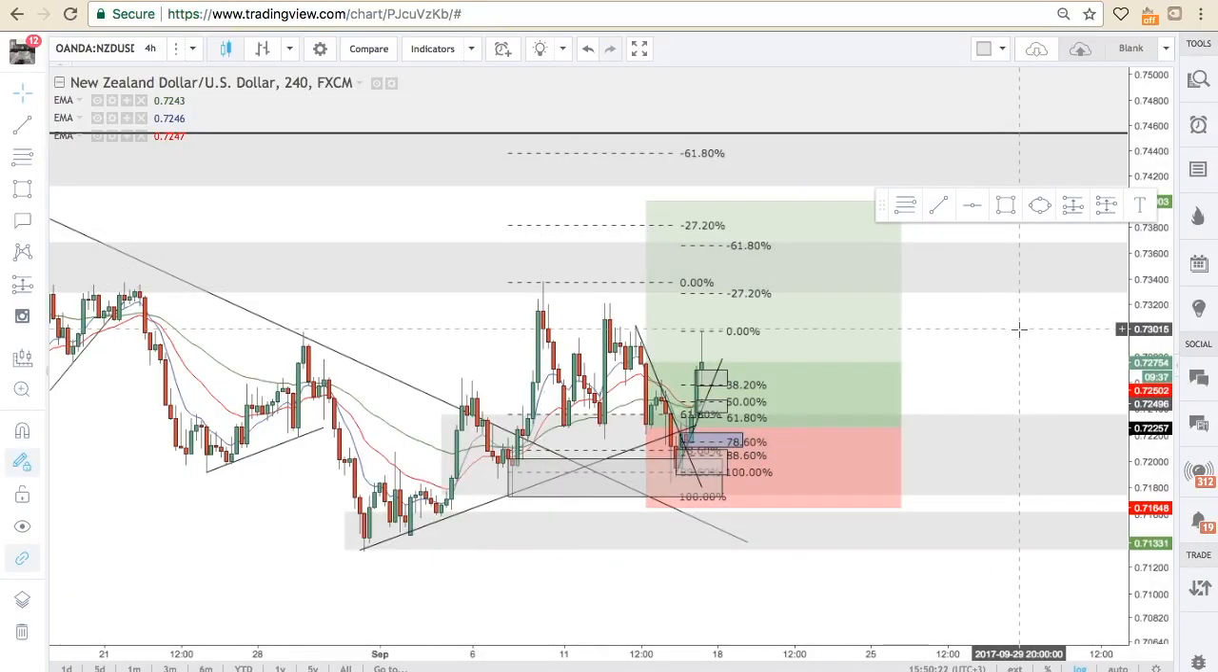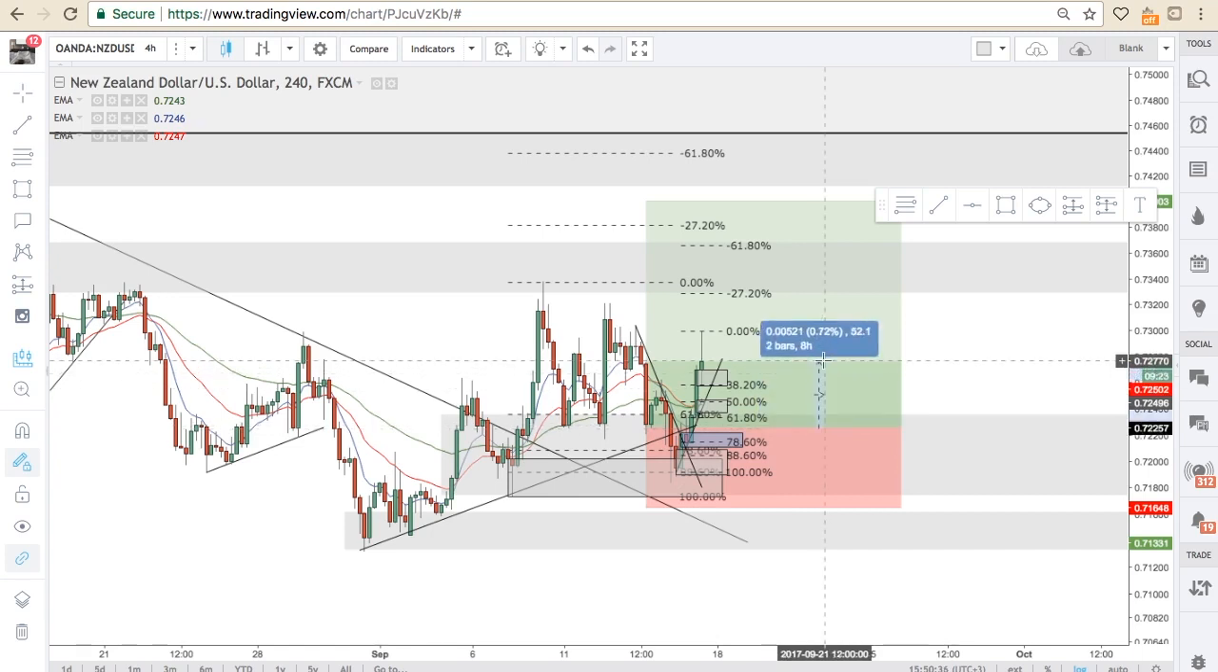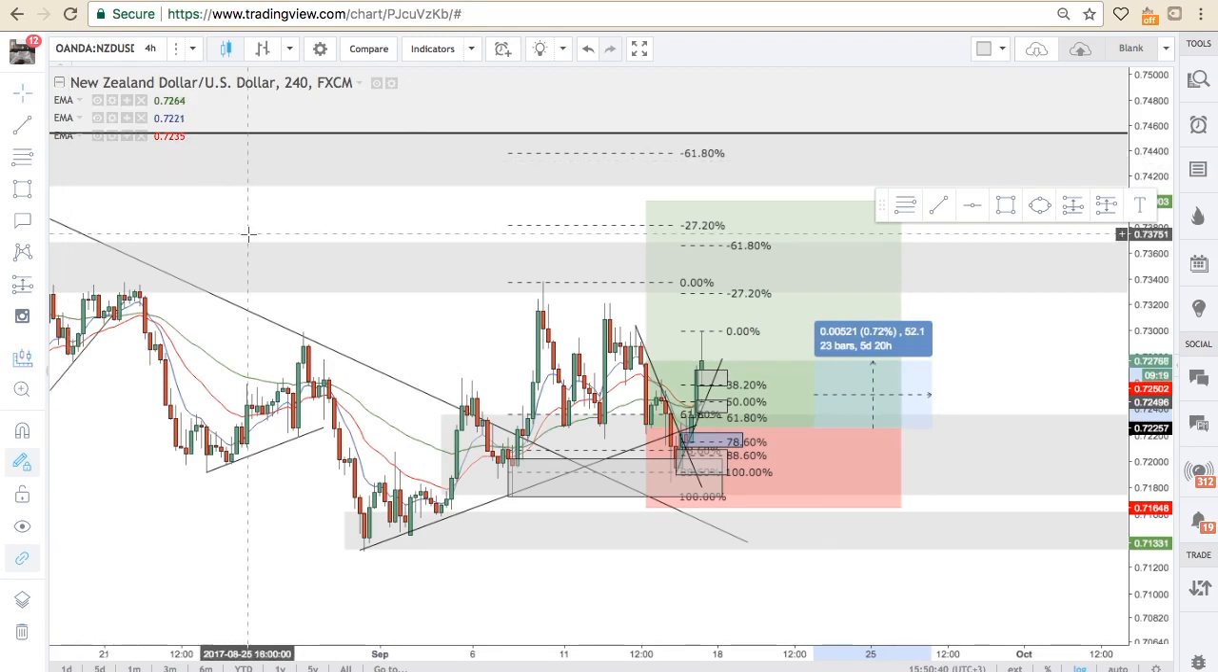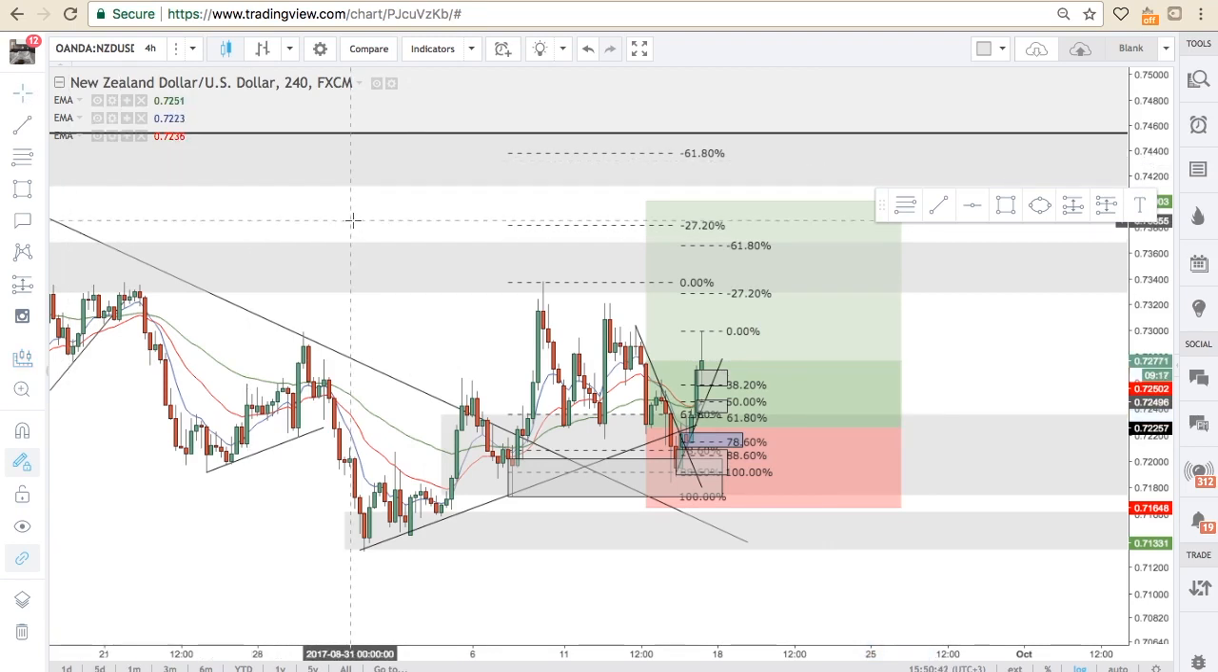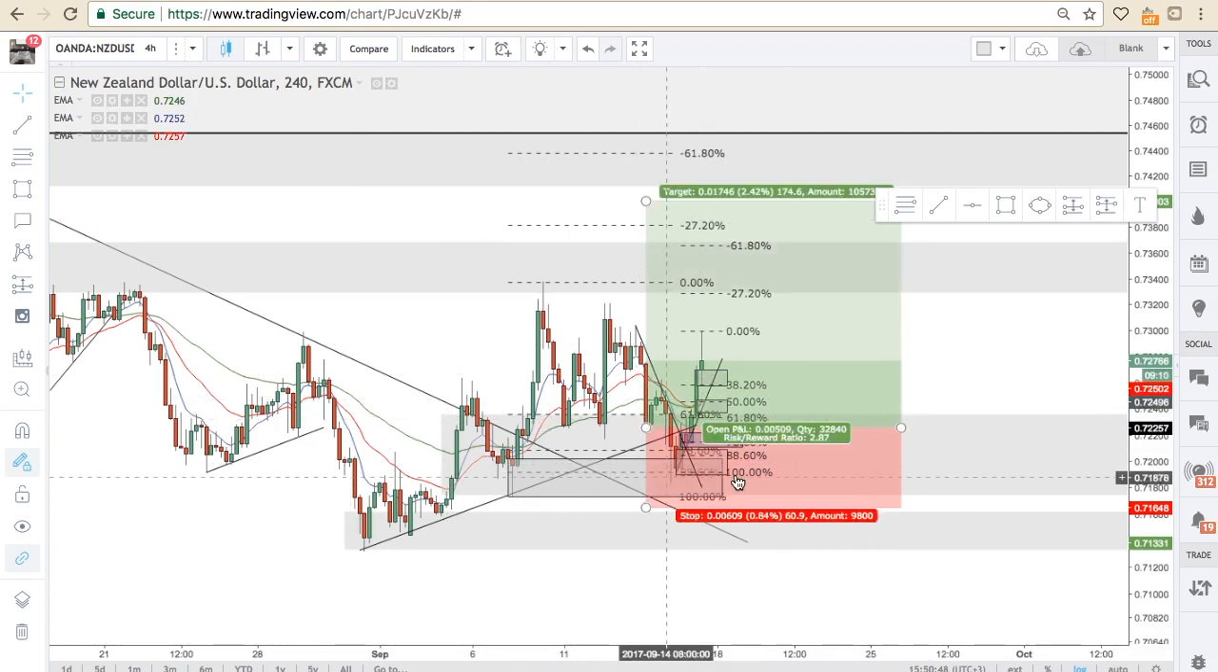What's up, traders? So today we're going to be talking about the New Zealand dollar versus the US dollar and why I entered this trade. As you see, we're about 52 pips up. And basically what I'm going to be talking about is why we entered this trade, basically price action, technical analysis,